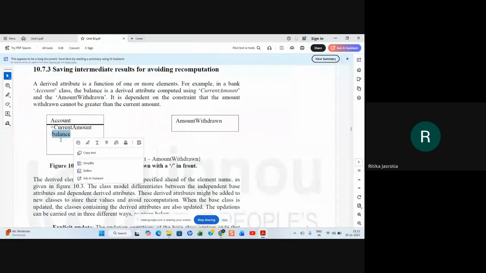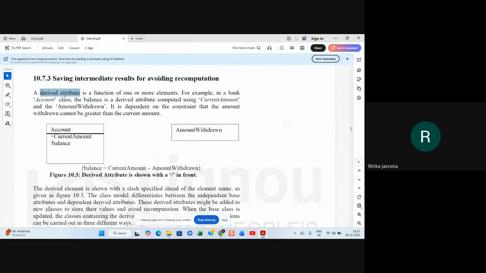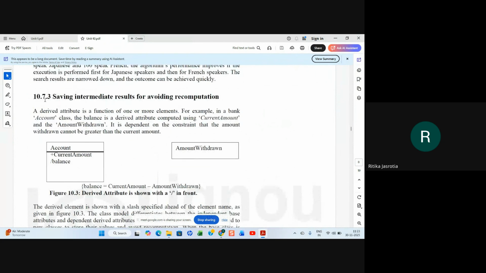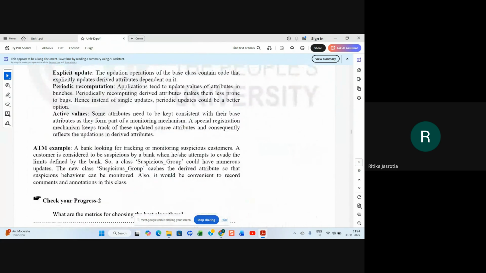So this is a derived attribute and it is an intermediate result, which is stored. So this is what a derived attribute is all about. It is used for saving intermediate results, for avoiding recomputation in design optimization. It is used, right? Like, they are giving an ATM bank example, a bank looking for tracking or monitoring